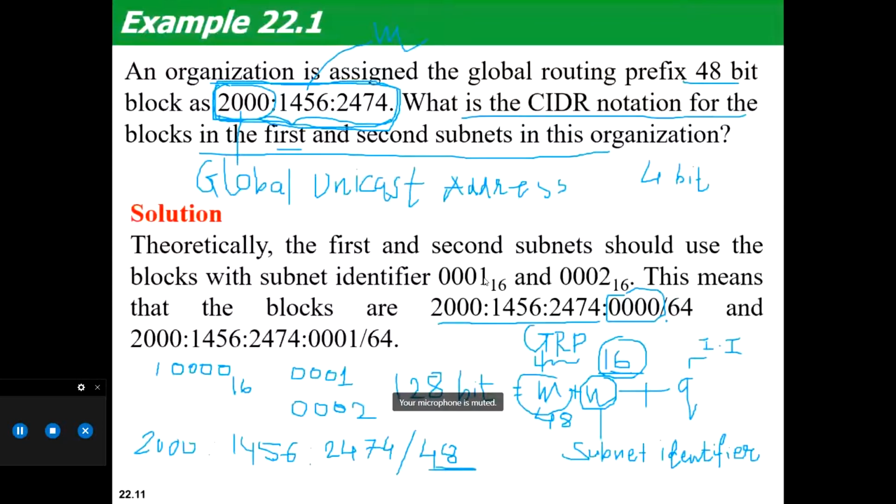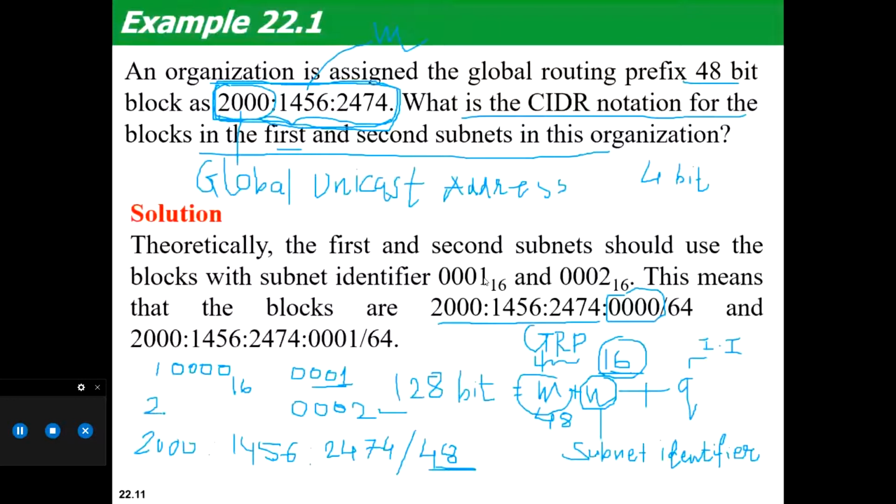And my next subnet is going to be 0001, 0000, 0001, 0002. So this way, my first subnet, second subnet, third subnet, and like that. Actually, more than 65,000 subnets are possible.